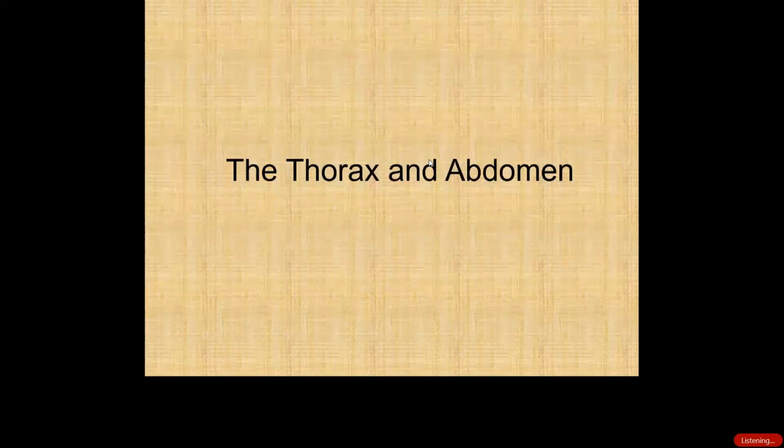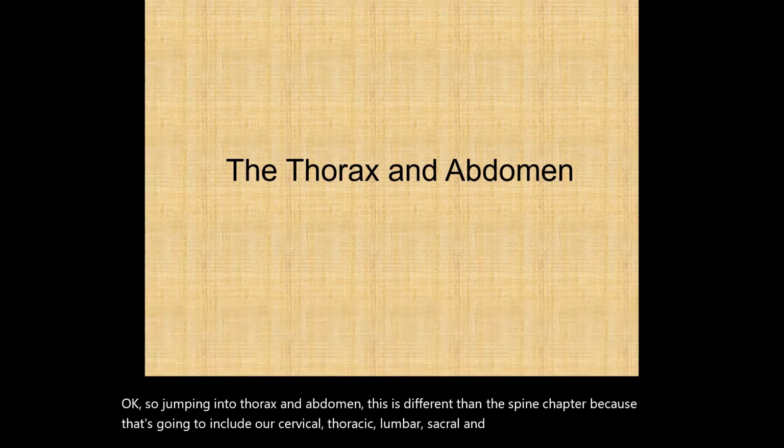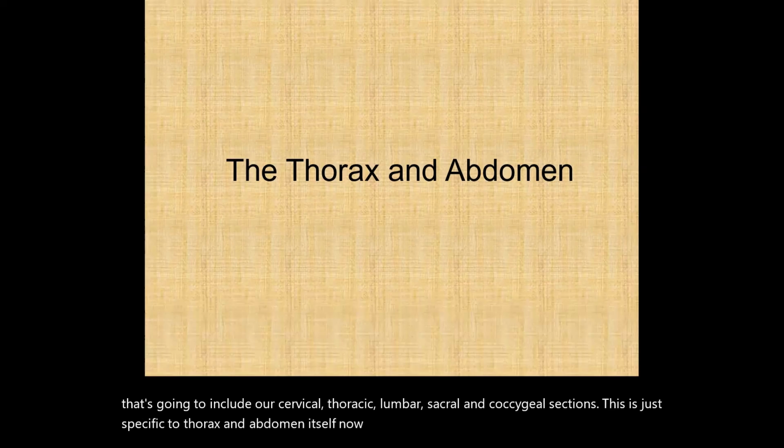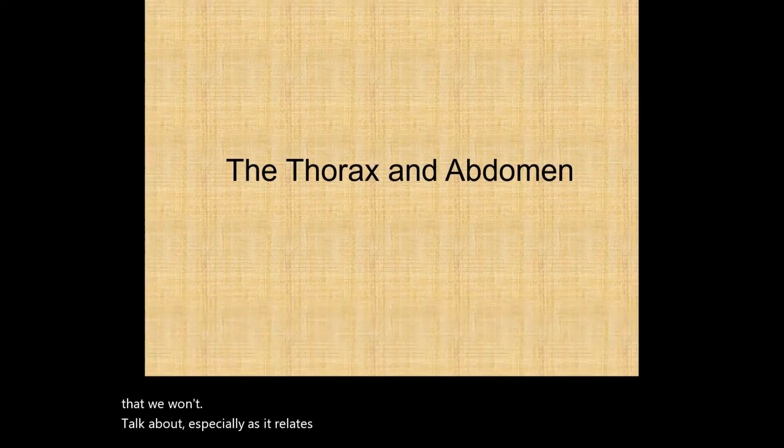Okay, so jumping into thorax and abdomen, this is different than the spine chapter because that's going to include our cervical, thoracic, lumbar, sacral, and coccygeal sections. This is just specific to thorax and abdomen itself. Now, again, there are a variety of different conditions that we won't talk about, especially as it relates to some of the organ systems, but the ones that are in the PowerPoint are going to be the most important ones